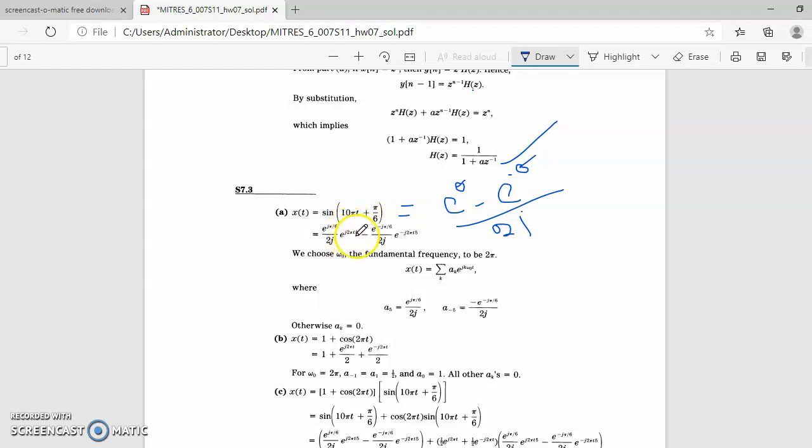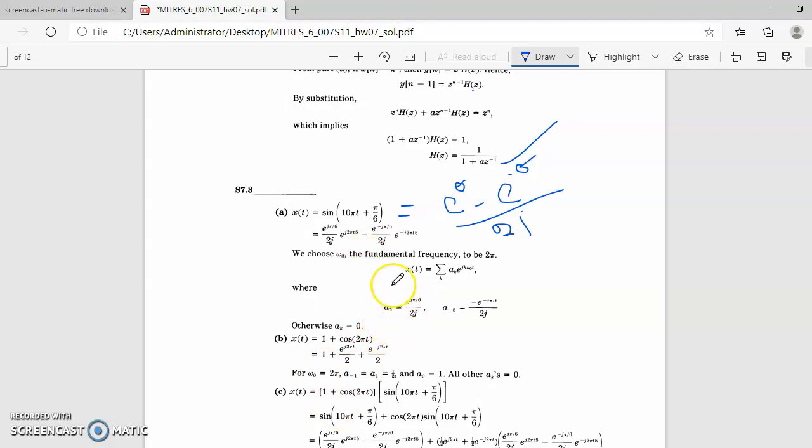For our convenience, I am separating this term as 2 pi into 5. Okay, like that we replace in this formula and get this expression: e power j pi by 6 by 2j e power j 2 pi t into 5 minus e power minus j pi by 6 by 2j e power minus j 2 pi t into 5. Okay, so here 2 pi is the fundamental frequency, so we have the constant value. So ak is equal to